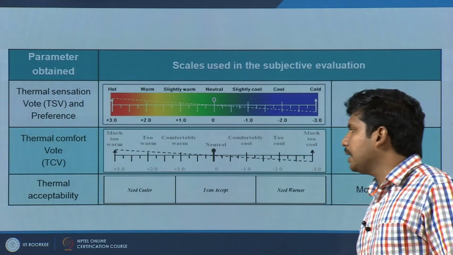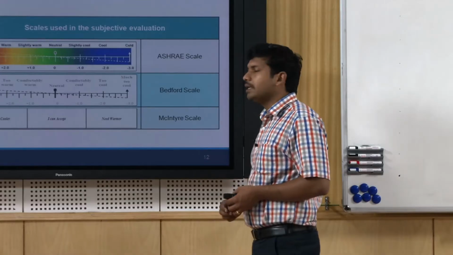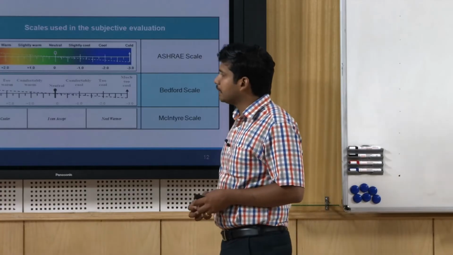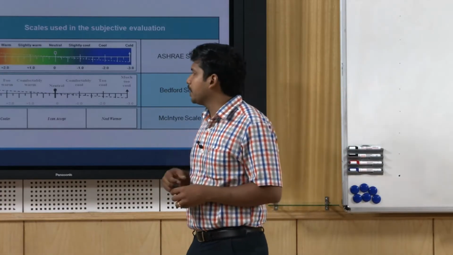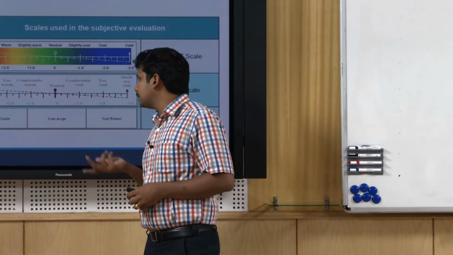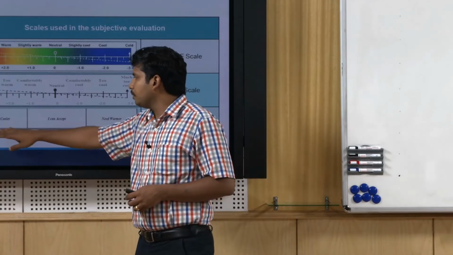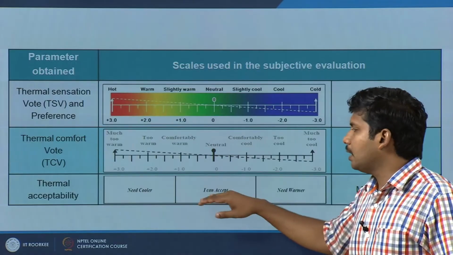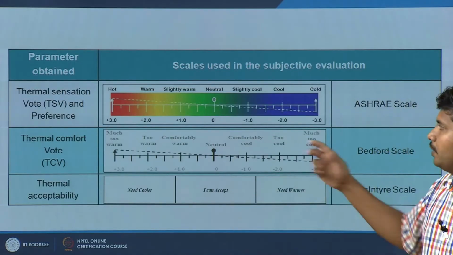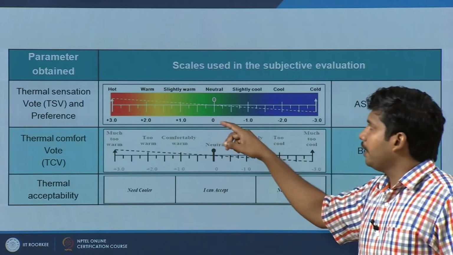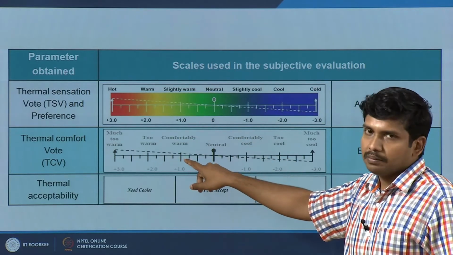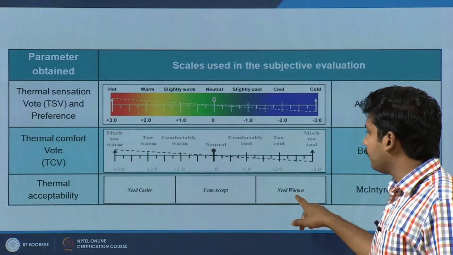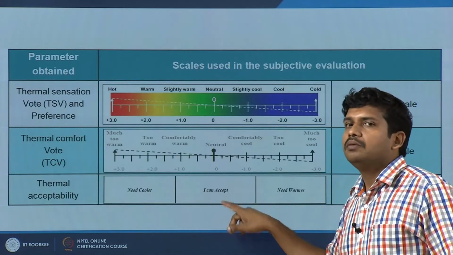The next important scale is a 3-point scale, commonly referred to as the McIntyre scale. This is very crucial information which you get from the field. It's just 3 simple things: I need cooler, I need warmer, or I can accept. For instance, a person might say I am feeling slightly warm, but he may say it is comfortably warm, and he can also say I can accept this, which means